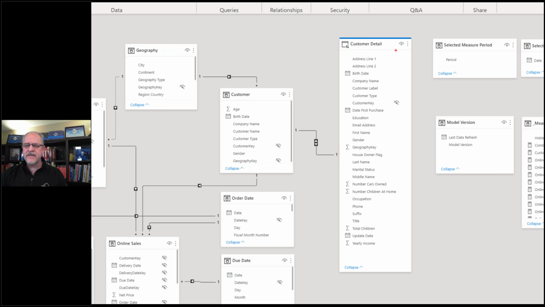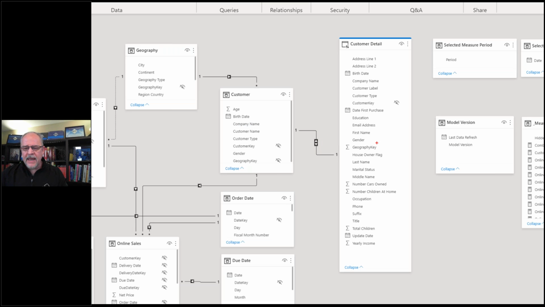And here I have my customer detail table. This was connected using direct query to my SQL Server database. So I do have a live connection to my SQL Server database. When I deploy this model up to the service, that connection would be facilitated through a gateway. But that blue bar suggests that this is a direct query table. And you can see that there's a one-to-one relationship. And yes, I've created a bi-directional filter because that meets my needs, and I'm willing to accept the performance hit that might cause.